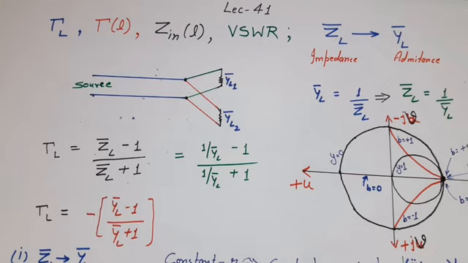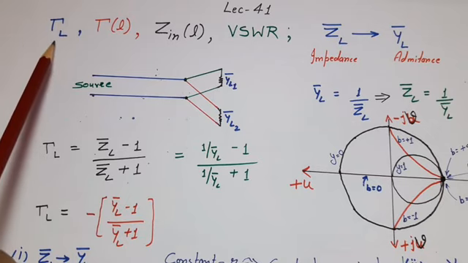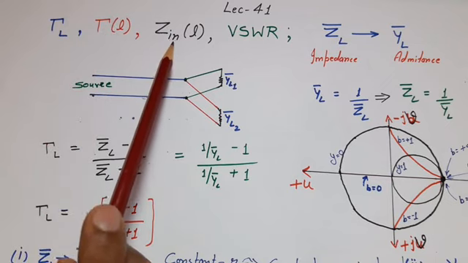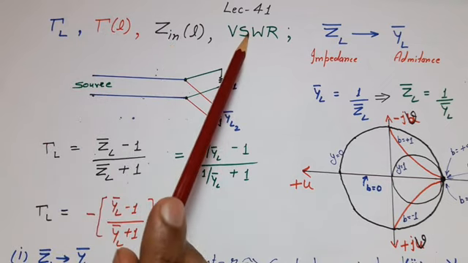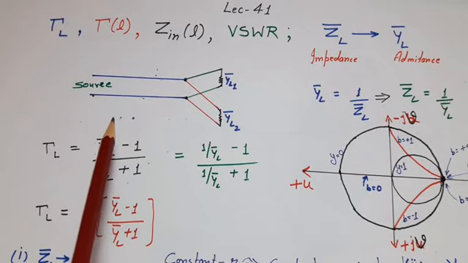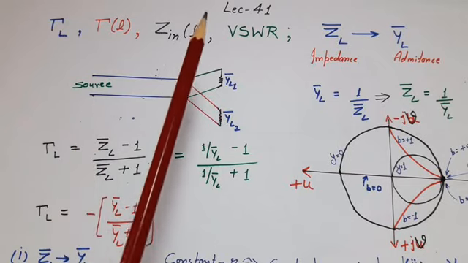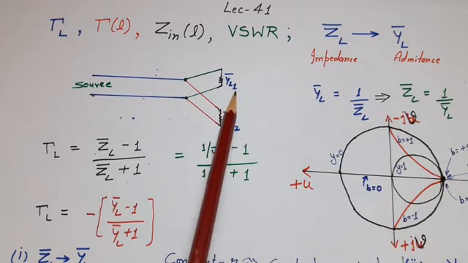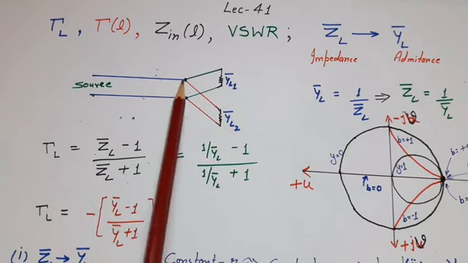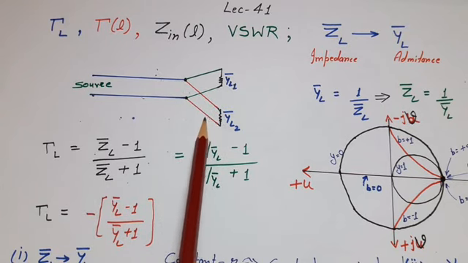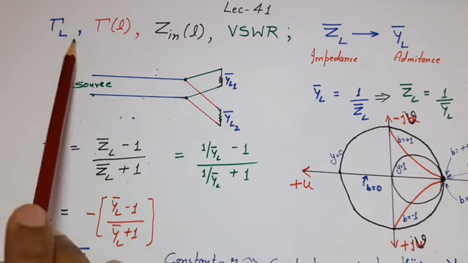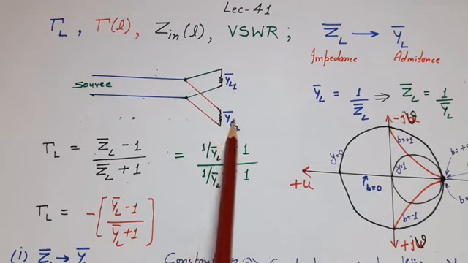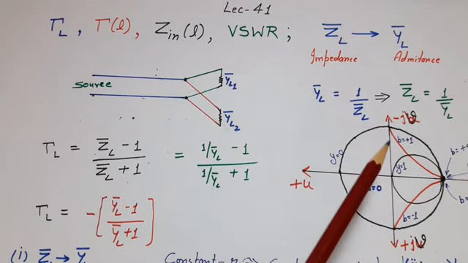Till now we have studied how to calculate reflection coefficient at load end, reflection coefficient at any distance small l from the load end, input impedance and VSWR for a given normalized load impedance by using Smith chart. But sometimes instead of giving normalized load impedance, we are given normalized load admittance. Normalized load admittance are given whenever there are parallel connections in transmission line. So now we learn how to calculate reflection coefficient, input impedance and VSWR when normalized load admittance is given and we want to calculate these quantities by using Smith chart.